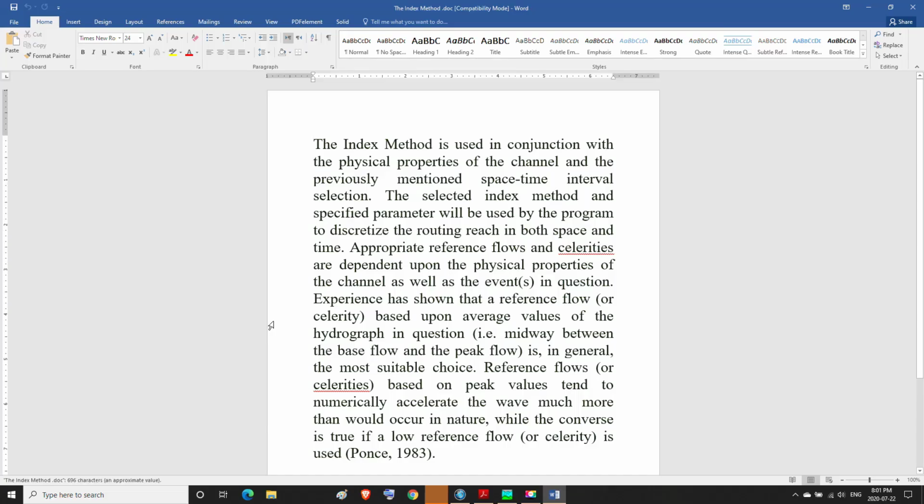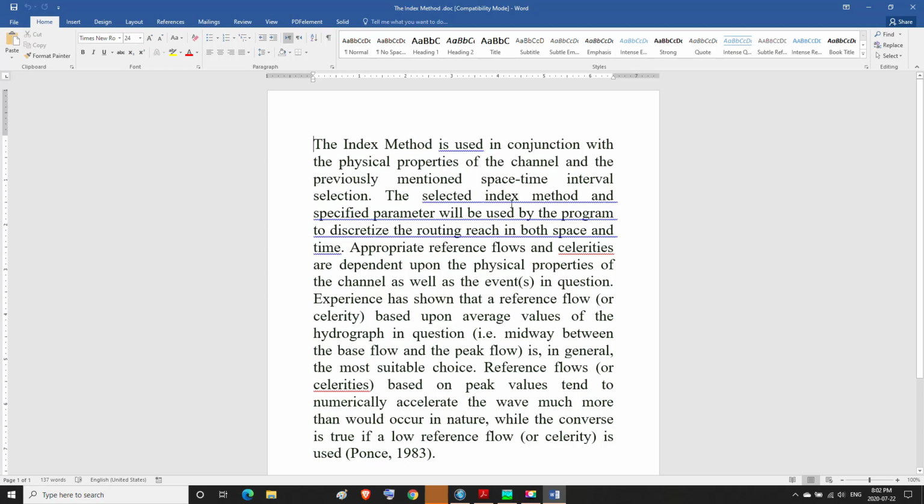The index method. The index method is used in conjunction with the physical properties of the channel and the previously mentioned space-time interval selection.